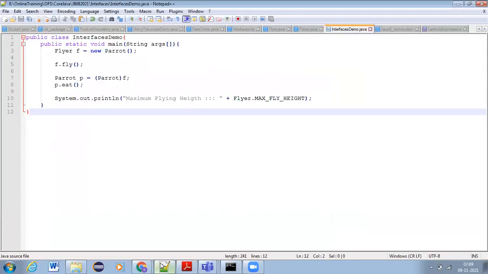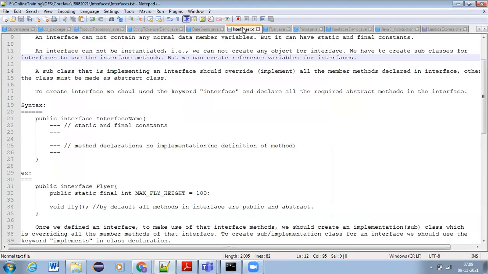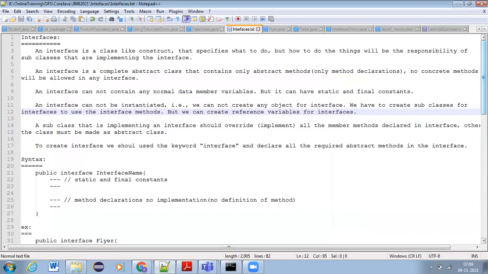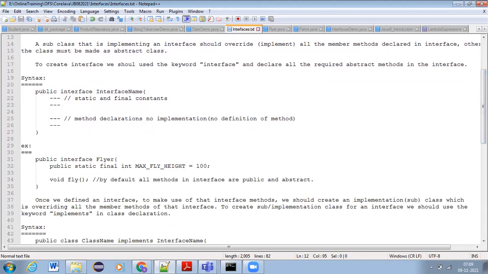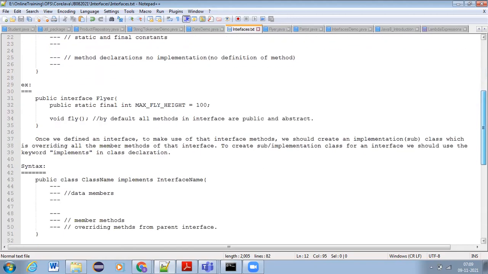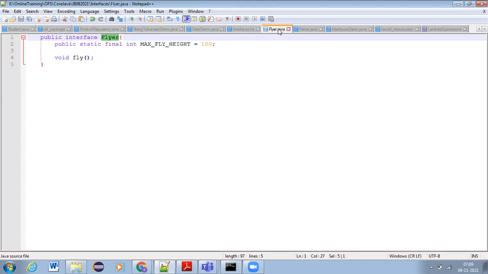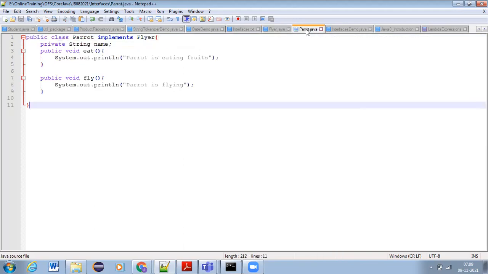Yeah, guys. Yesterday in the previous session we discussed interfaces and tried to understand the basic concepts of interfaces: why we need interfaces, how these are related to abstract classes, how to define an interface, what keyword we need to use to create an interface, what keyword we need to use while inheriting the interface into a class, and how to use this interface in our programs. That basic demo application we saw yesterday, right?